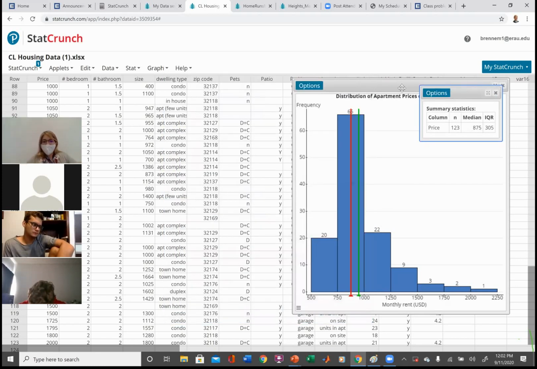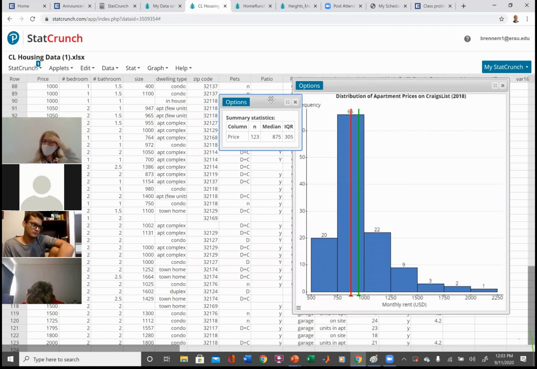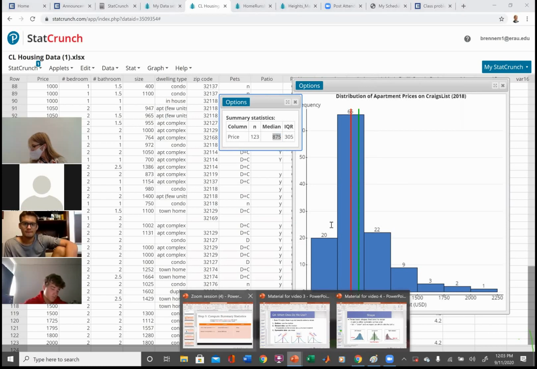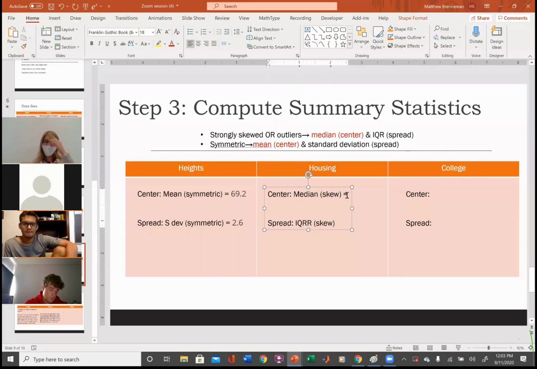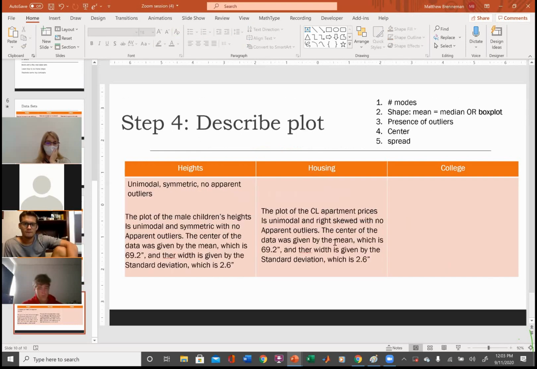Okay. So the median's the 50th percentile, right? So I know that 50% of the apartments roughly are less than 875. And my IQR ended up being 305. Okay? And now we're ready to go ahead and finish it off.